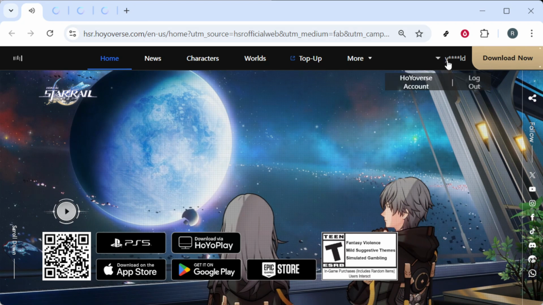profile. After logging in, look for your profile icon or name, usually at the top right of the page, and click it. From the menu that appears, choose the HoYoverse account option to open your account center. Here, select Personal Information. This section lets you review your account details and is also a pathway to the security